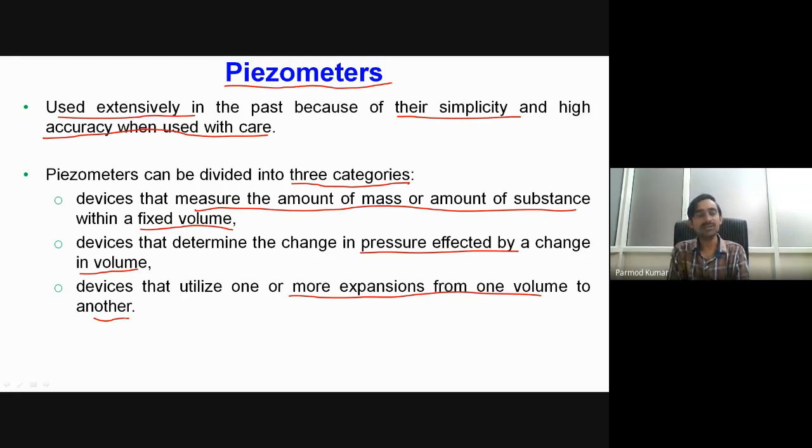Now let us see how these individual measurement categories are employed in our commercial or available research equipment used for measuring density. One point I would like to highlight: it may appear that measurement of density is a very simple procedure, only needing to identify the amount of mass for a given volume. But it's not that easy, because every time we are not measuring at atmospheric temperature or pressure conditions.